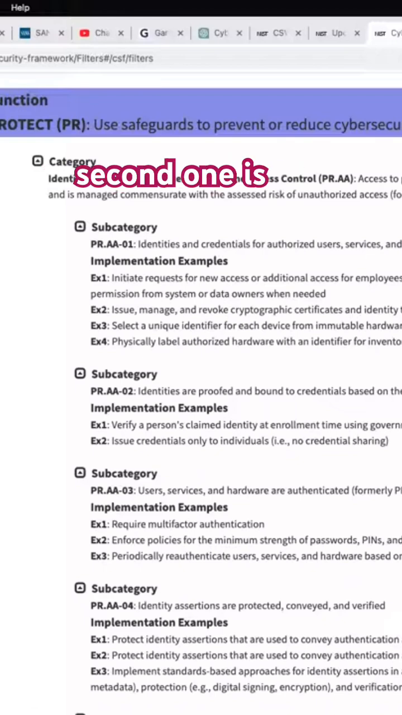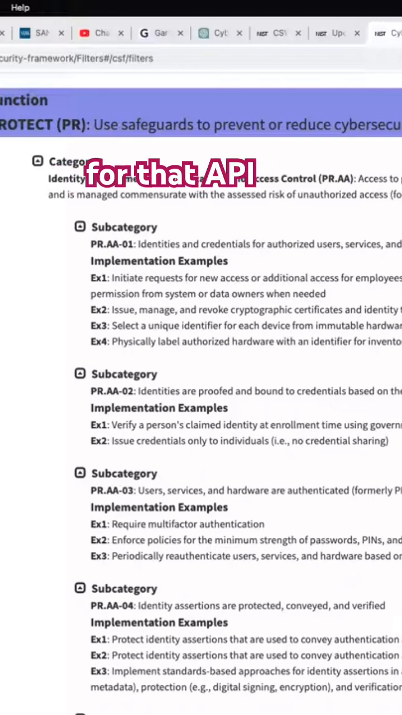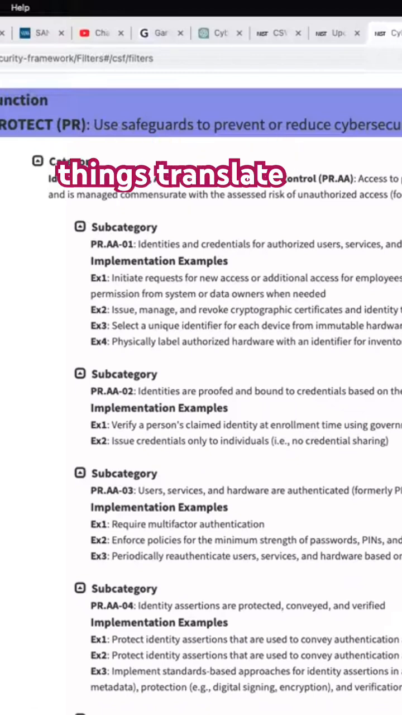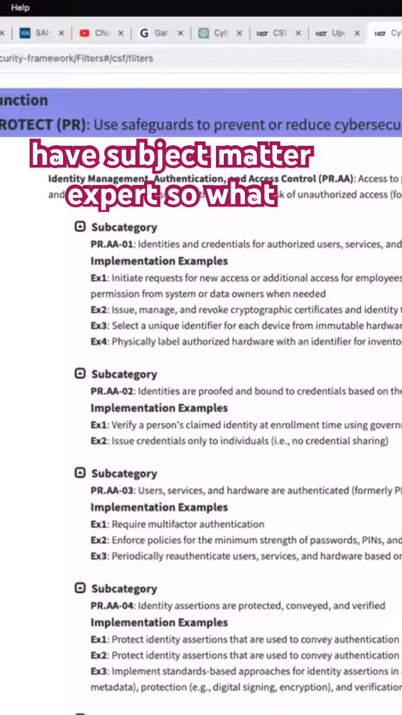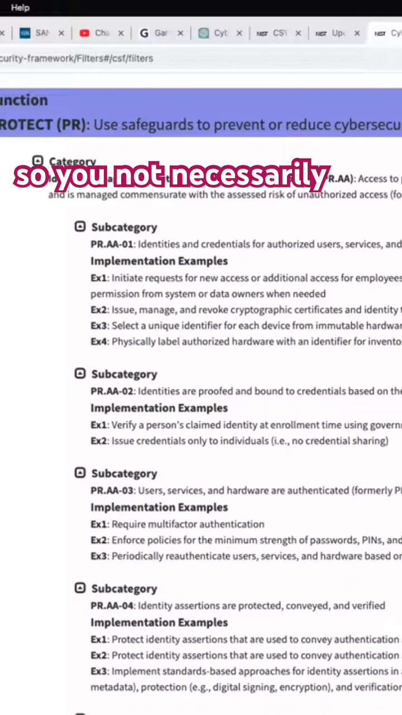So the second one is A02: identities are proofed and bound to credentials based on the context of interaction. So usually if an API is making a call, you have a service account just dedicated for that API, right? So you see what I'm coming from? This is where these things translate to. So you have to have a subject matter expert. What I'm saying is that you have to be an identity expert to understand this. So you not necessarily need